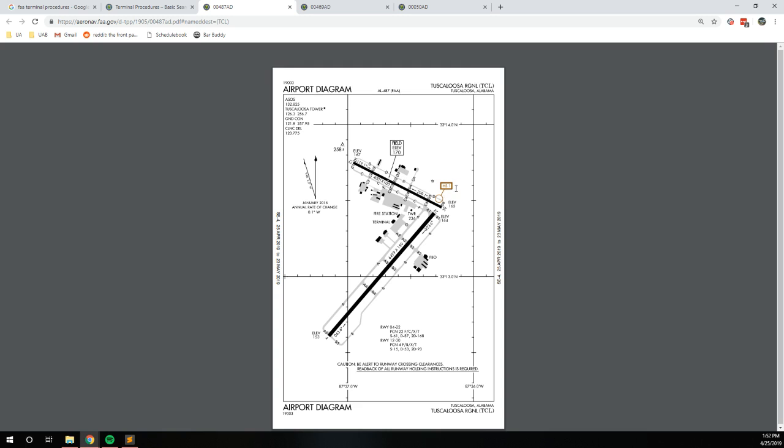Kind of the more important stuff is you want to always keep in mind anything that's labeled HS1. What it stands for is a hotspot area, and hotspot areas are deemed by the FAA as areas where they can anticipate problems. So there's a hold short line right here for holding short on 30 if you're on the Delta taxiway, and it's kind of in a weird spot. The reason for that is because any traffic landing on 22, they don't want you to be below them. If you're right here holding short, they could possibly hit you if they come up a little bit short. So that's a hot spot on the Tuscaloosa diagram,